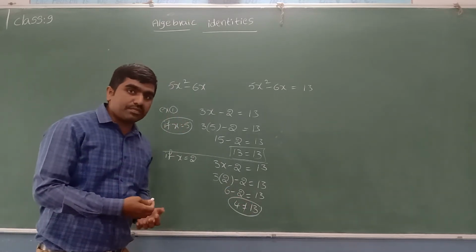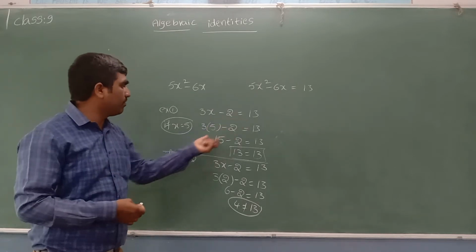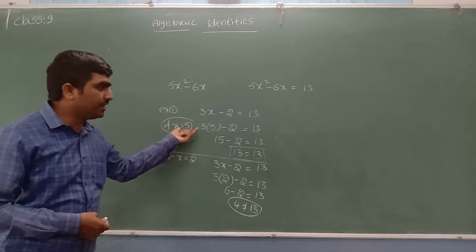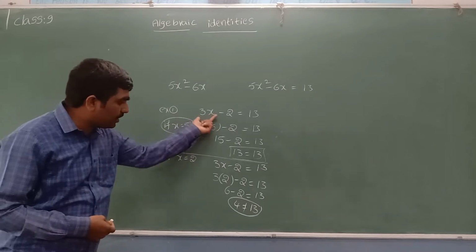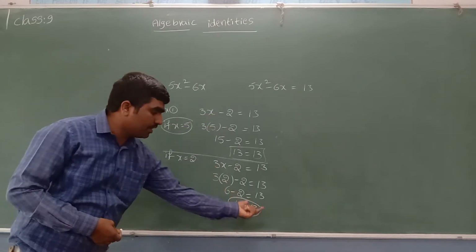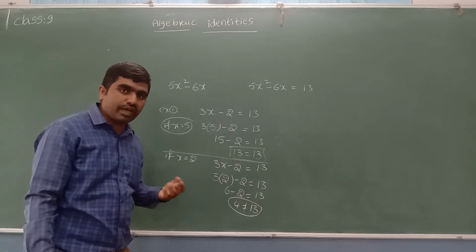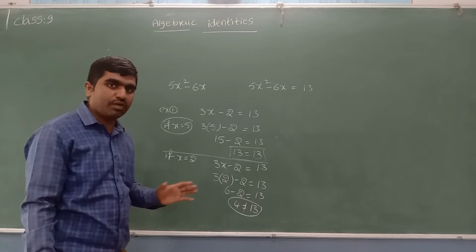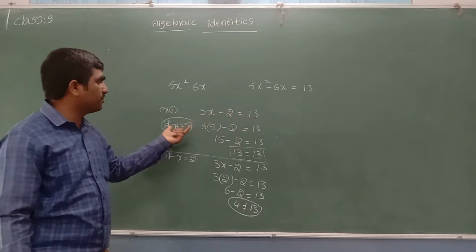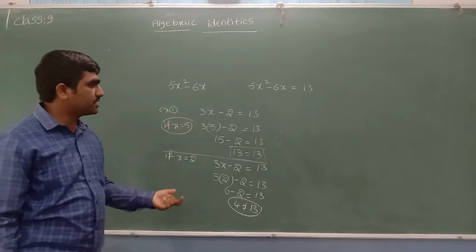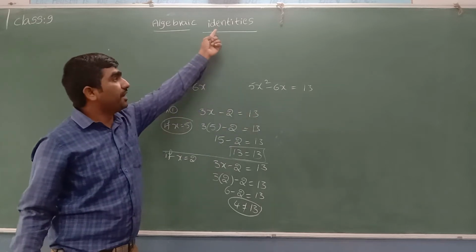So what can we conclude from this? It is an algebraic equation which is true when x is equal to 5. It is true only in the case of x equal to 5. By taking other values, it is not true; it does not give both LHS and RHS equal. Let me take another number, x equal to 7, x equal to 8, x equal to 10. No. It is an algebraic equation which is true only in the case of x equal to 5. It is only an algebraic equation. It is not an identity.